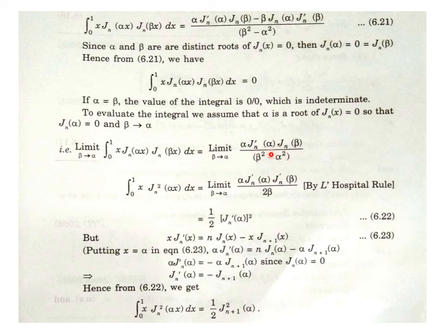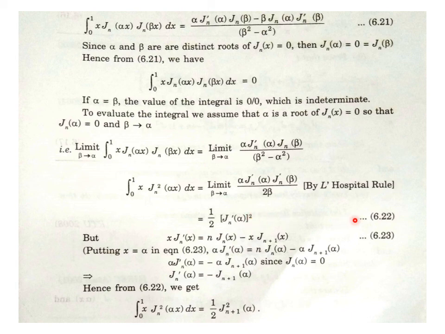That's why L'Hospital's rule can easily be applied for the variable beta, differentiating numerator and denominator separately, as we know about L'Hospital's rule. So it's J_n'(beta) in the numerator, that is its differentiation with respect to beta, treating alpha as constant, and the differentiation of the denominator with respect to beta is 2 beta minus 0, meaning 2 beta. Now we substitute beta tends to alpha, so the right-hand side becomes half alpha J_n'(alpha) upon 2 alpha. Alpha and alpha cancel each other, and J_n'(alpha) into J_n'(alpha) means J_n'(alpha) whole squared, upon that 2. So it is the second part of the orthogonal property.